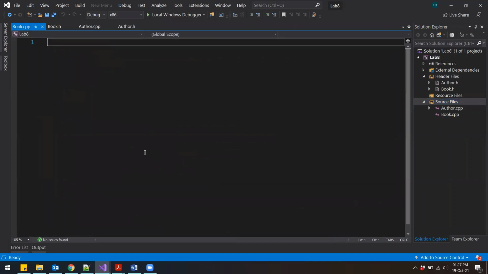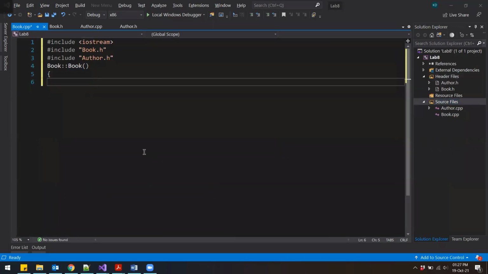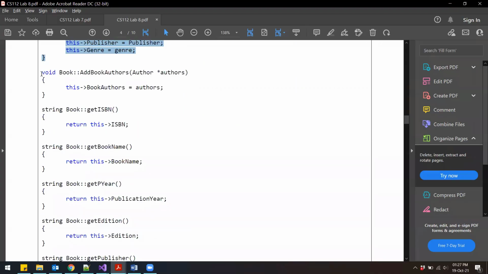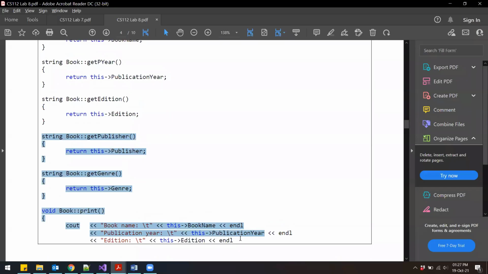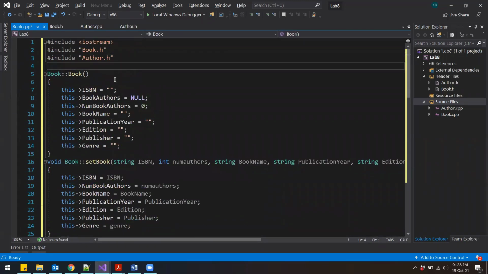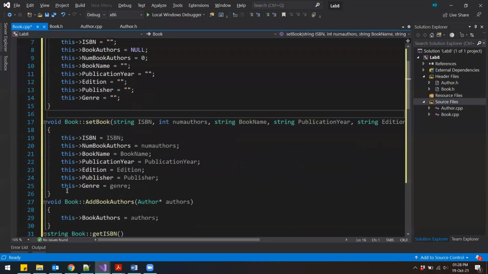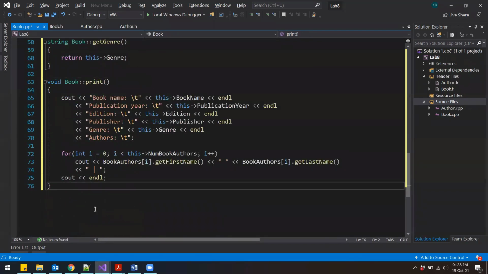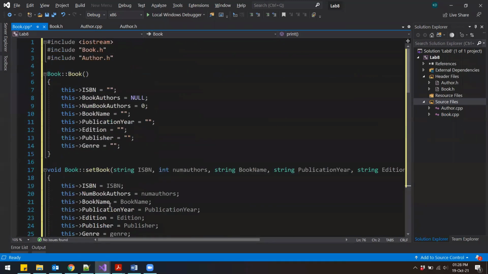Add, and you will paste the code over here. I'll space out things a bit. Okay, so this is my book.cpp file. Save.